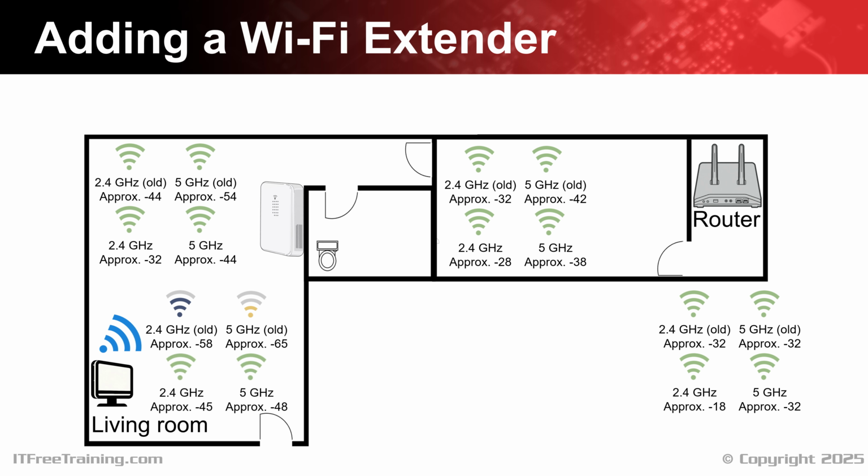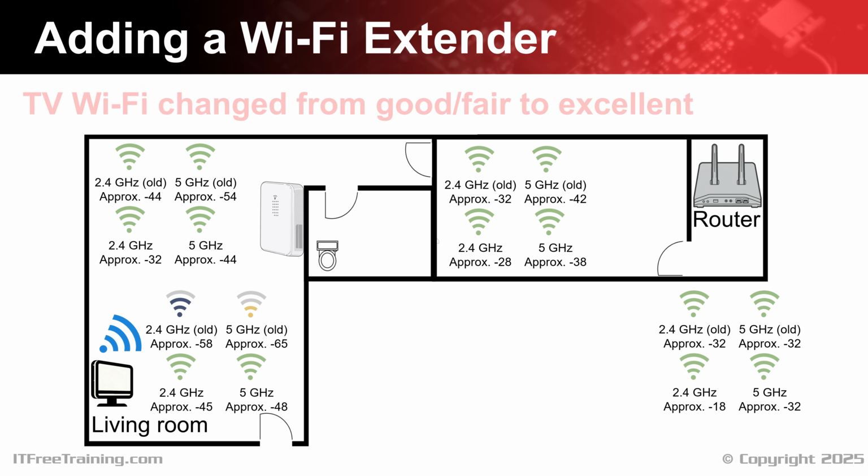The last point has the most significant improvement in Wi-Fi signal strength. This has gone from good for 2.4 GHz and fair for 5 GHz to excellent for both bands. This result clearly justifies the purchase of the Wi-Fi extender. We identified an issue on the network, not a complete dead spot, but certainly poor performance, and have evidence that the extender has successfully addressed it by boosting the signal to excellent quality in the previously affected area.